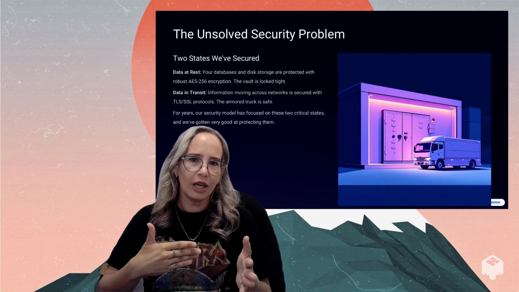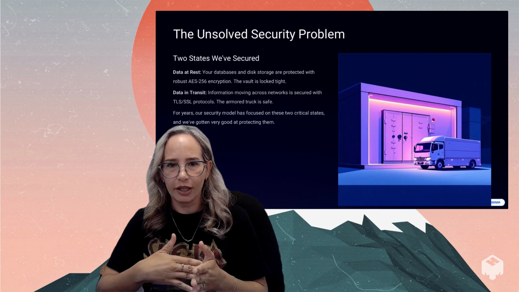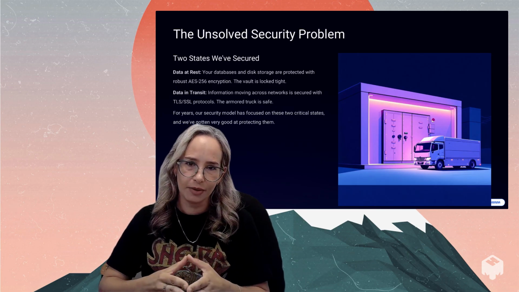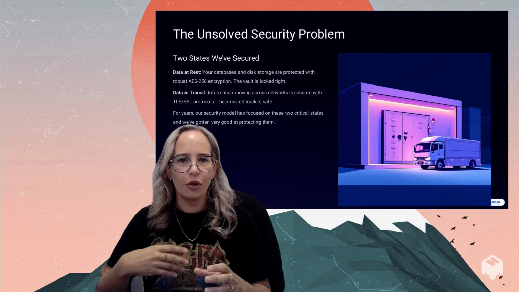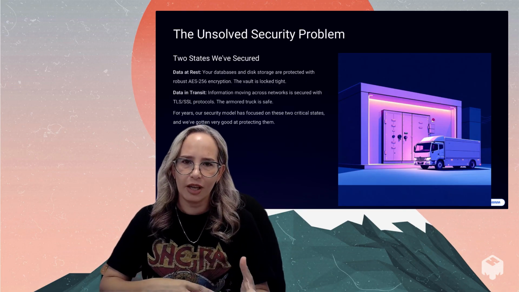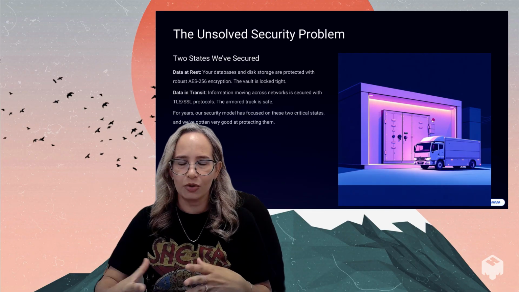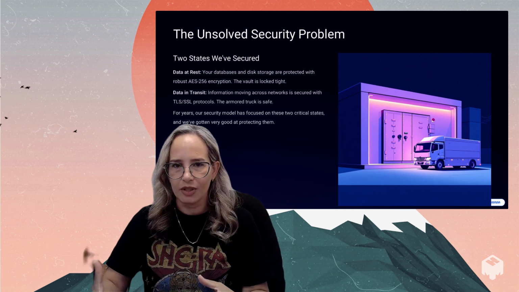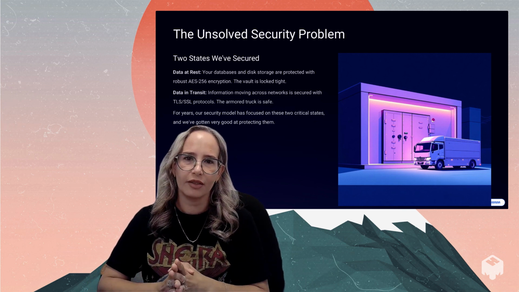Now today I would like to talk about the third state that we haven't been talking about much. This is when the data is in use. This is especially important these days when we're using third parties, data models, LLMs, and our data is exposed to other parties. Could be sensitive data, could be our customers' data. So let's talk about what it means and what we can do to handle this risk.